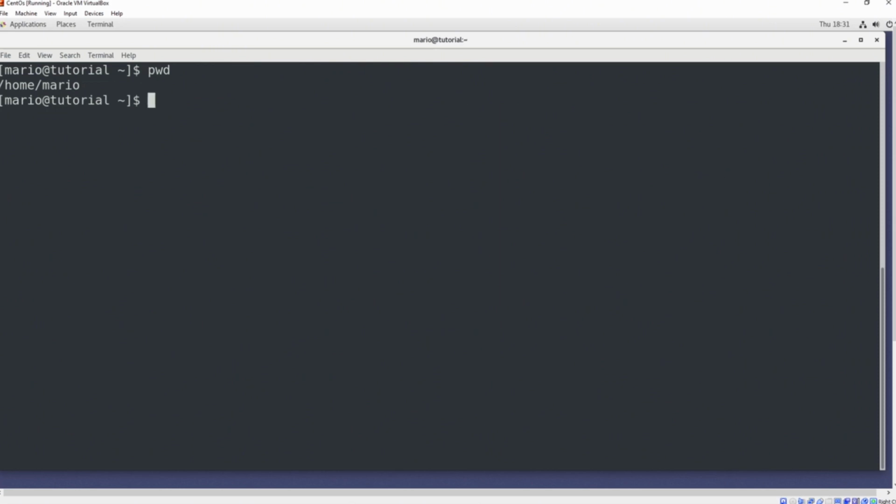Now, if we're not in our home user directory, we'll just type in cd /home/user. In my case, it'll be Mario, so cd /home/Mario. And now I'll type in pwd again and hit enter. Very good. Now, in order to create our first Hello World, we'll simply type in touch